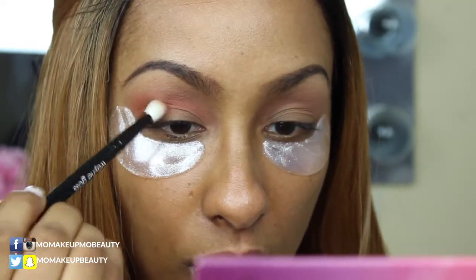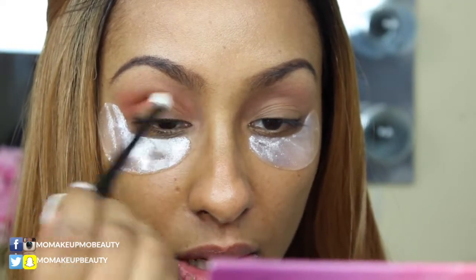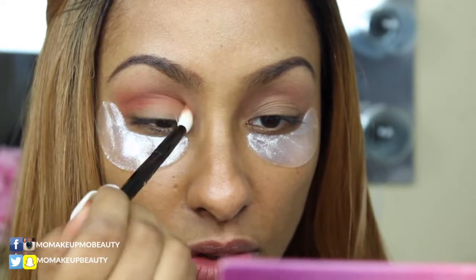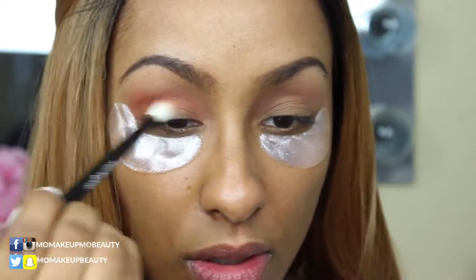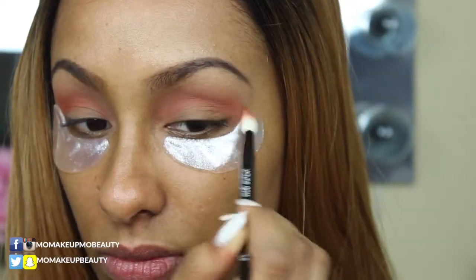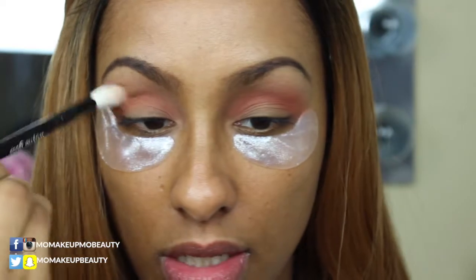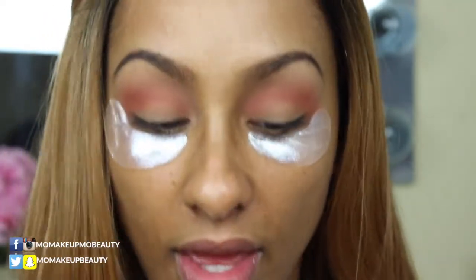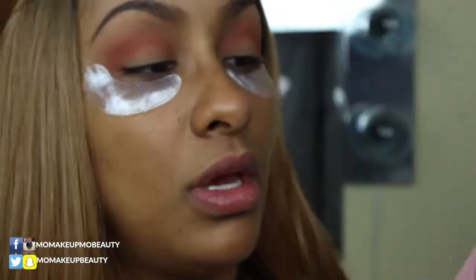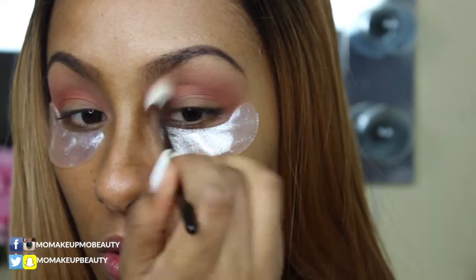Nicely pigmented, wow. You know, I'm actually really impressed with these shades already, and I've used only 2. They're nice and easy to blend, very, very pigmented. I'm gonna go back into number 16 with no product and just kind of blend. And then I'm gonna go back into the shade Rosemary. I'm gonna go into this shade here on my